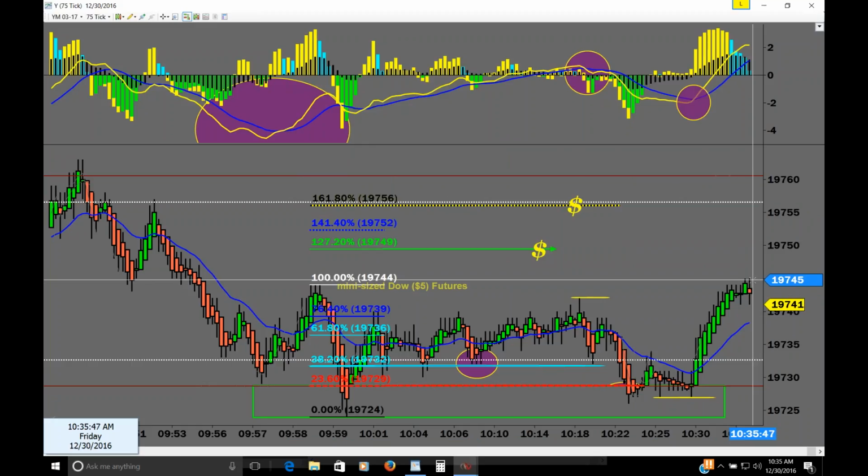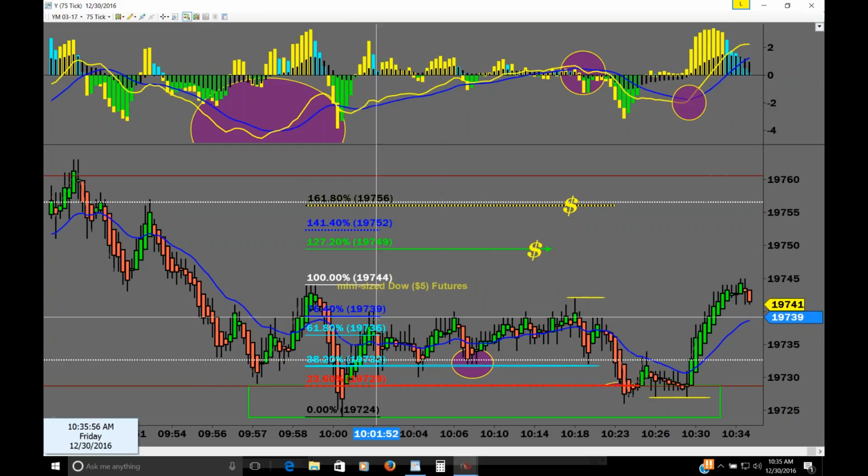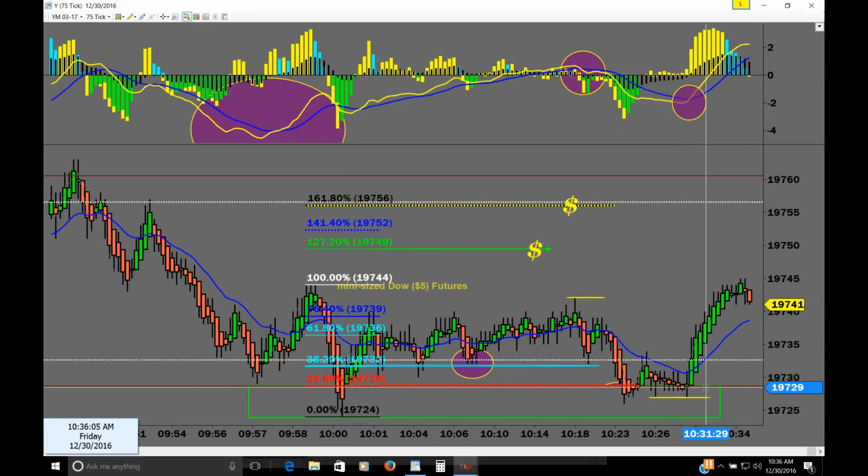It is resistance at 19,745. A little bit of trouble here, and we knew there would be. We'll probably get a pullback back into maybe 736 area. So we're just going to manage this here, lock in some profits. That's what we had said all along, is reduce risk, eliminate risk, and lock in some profits. Target